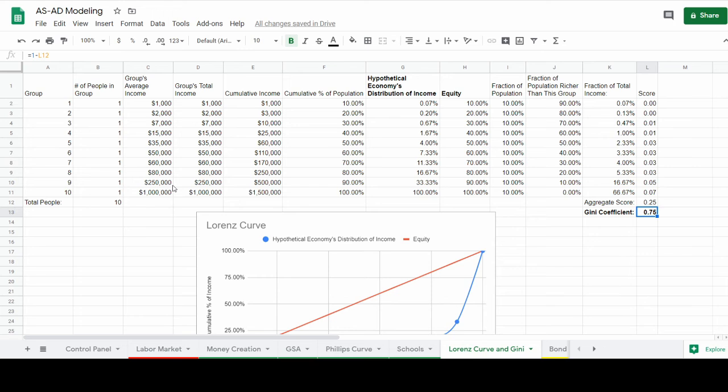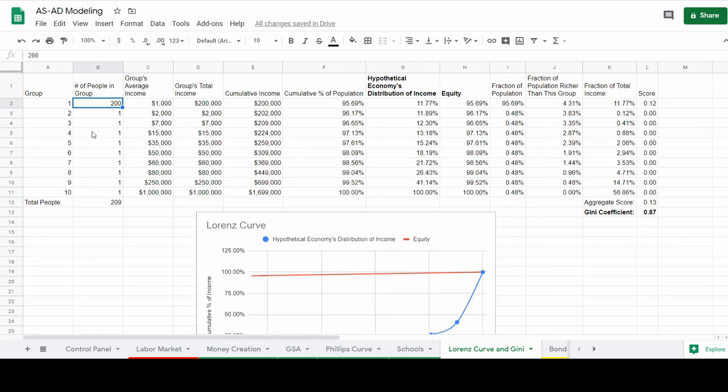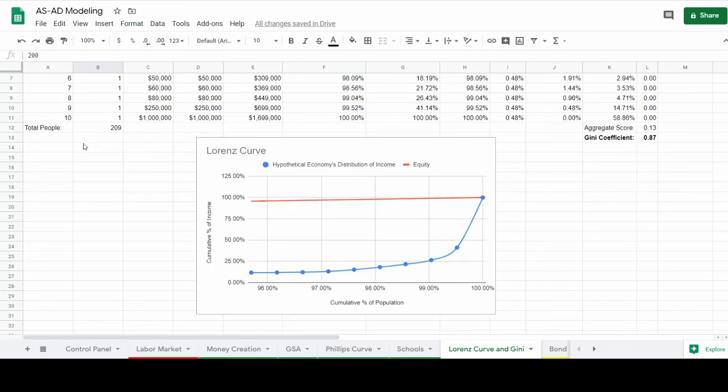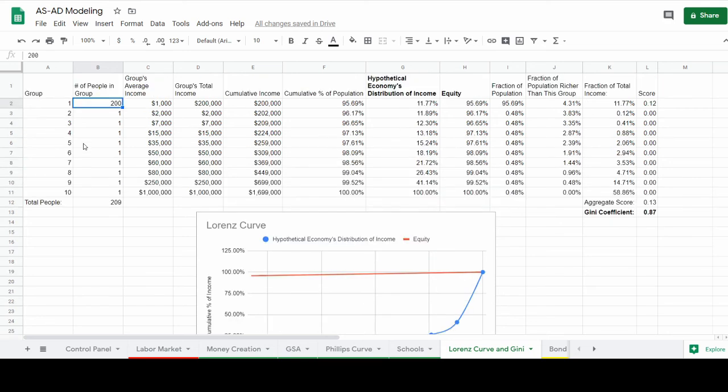But how could we play with this to demonstrate to you that inequality is a function of the distribution of people along this income spectrum? Let's say, for example, we wanted to change the number of people in each group. Let's say we wanted to, instead of just having one person in the bottom of the income distribution, have up to 200 people. By adding 200 people to the total count, I have made our society a lot more unequal, because now